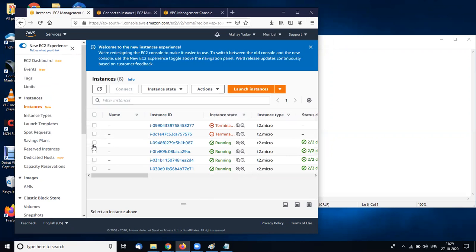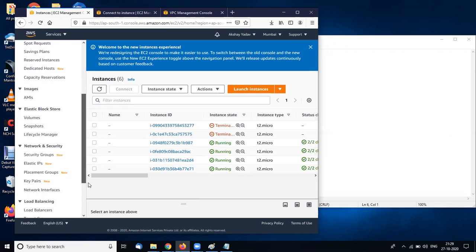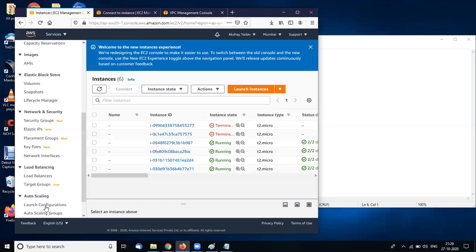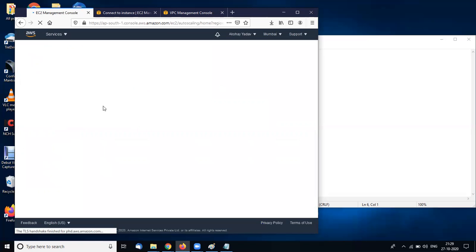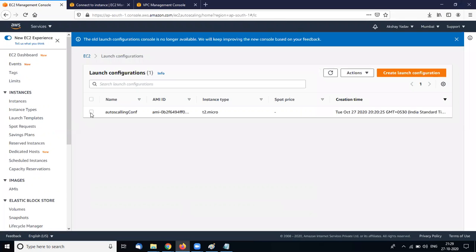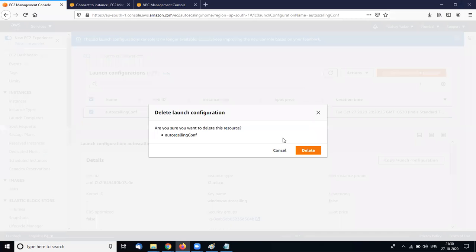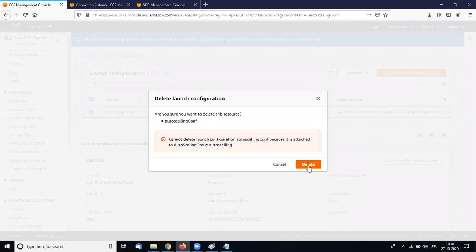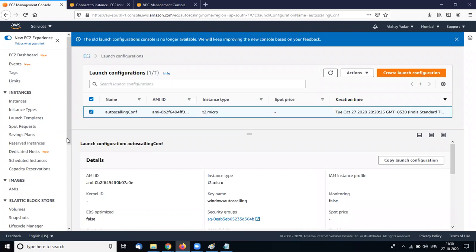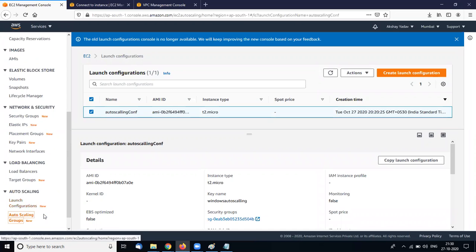So I have to delete first my launch configuration, and then delete my auto scaling group. In Mumbai region you have created auto scaling, right? Yes, in Mumbai region I have created it. I need to delete the auto scaling group first.